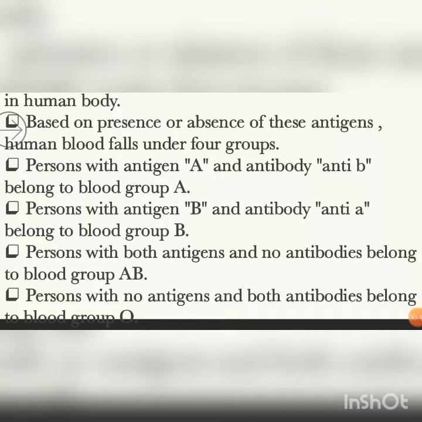Similarly, a person with antigen B and antibody anti-A has B blood group. This means if blood group A enters its body, blood will produce antibodies against it. Now, blood with two antigens A and B and no antibody is called AB blood group. And blood with no antigen but both antibodies anti-A and anti-B is called O blood group. This means since O has antibodies for both antigens A and B, if A, B or AB blood group enters into its body, it would produce antibodies.